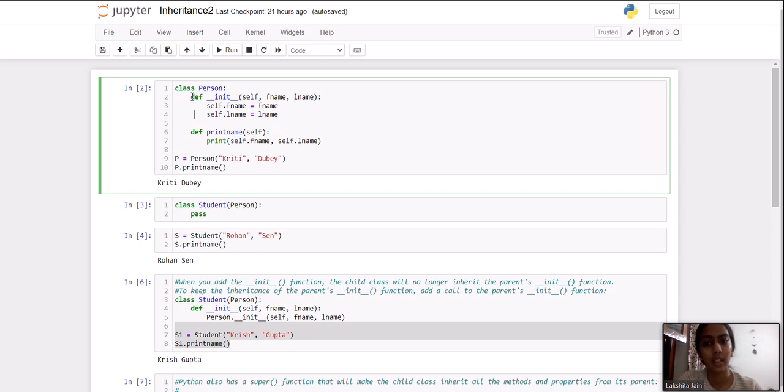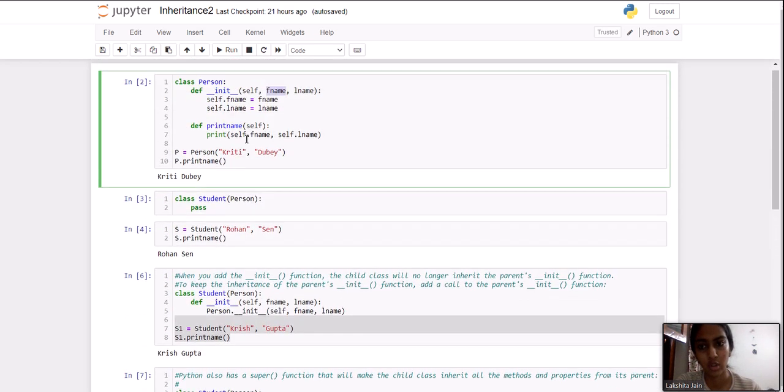So here we have an init method and another method, print name. It prints self.fname. Whatever parameter we pass as fname will be assigned here, and then we print that same value in the print name function.